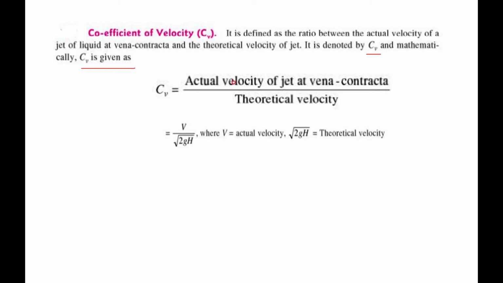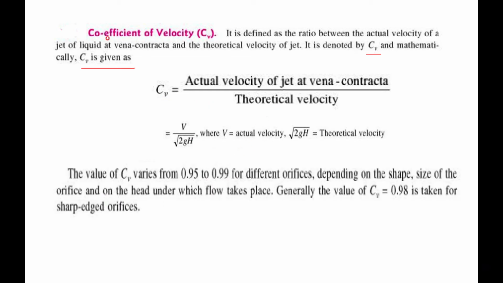Then the actual velocity you can write as V, and the theoretical velocity as root of 2gh. V is the actual velocity and root of 2gh is the theoretical velocity. If you want to write the actual velocity V, the V will be CV times the theoretical velocity. And generally, as I said, the CV value varies from 0.95 to 0.99 for different orifices, depending on the shape,